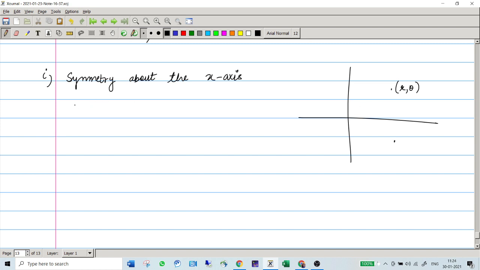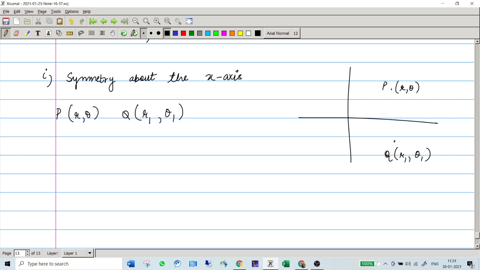We say that two points, let's say r comma theta and another one r1 comma theta 1, are symmetric about the x-axis if there is a relation between r1 and r and theta 1, or all of them four together. So we just have to devise what sort of relation they will have. Let's say this point is P and this is Q. We want to check what sort of relation will hold between r and theta and r1 and theta 1, so that these points are symmetric to each other, right?